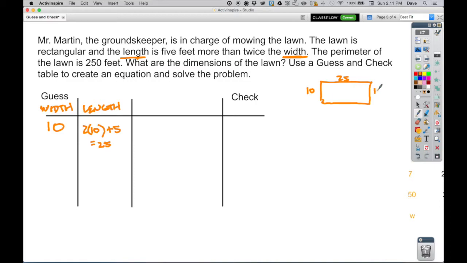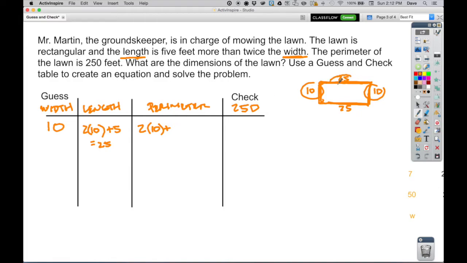Now what we're supposed to check is to see, does the perimeter equal 250? Now don't forget, perimeter is like running a lap around this lawn. We want this outside border. So this 10 and 10 and the 25 and the 25 all added up. So here in our guess and check table, we'll put perimeter. And so we've got two widths, 10 and 10. So let's just do 2 times 10